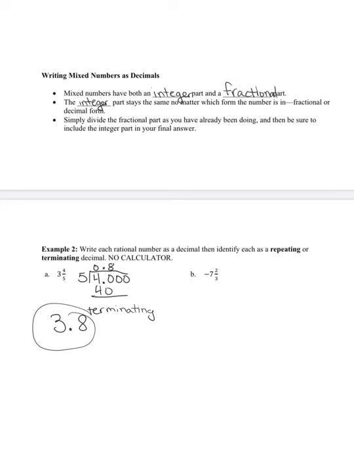B, we have -7 2/3. So I'm going to do the same, where my integer part does not change. So I'm just going to take 2 divided by 3, add my decimal point and a couple zeros. 3 goes into 20 6 times, which is 18. I subtract, get 2, bring down my 0. 3 goes into 20 6 times,